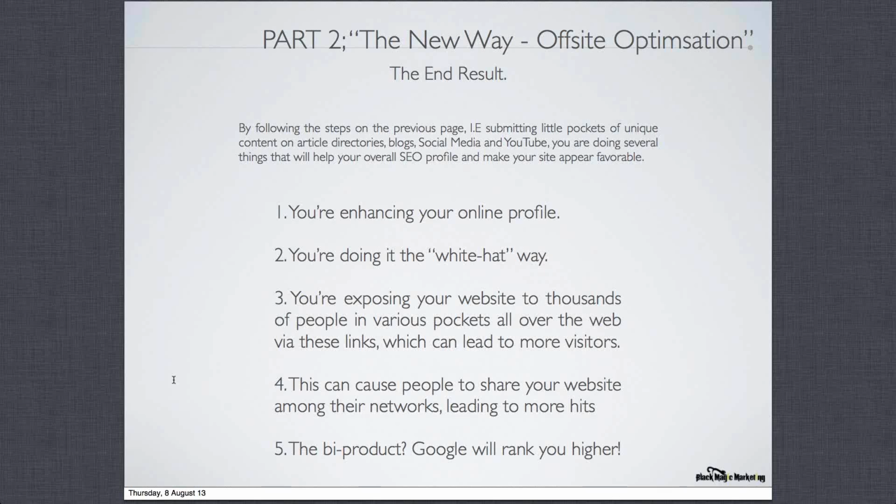So by doing things in a white hat way, by creating your own content and sharing it and trying to get other people to share it if possible, and also doing your own linking profile in blogs and forums and article directories and press release directories and YouTube, the actual byproduct of all this is Google ranks you higher. So it's beneficial to do it in a white hat way because Google spots it, it sees it, and it ranks you.